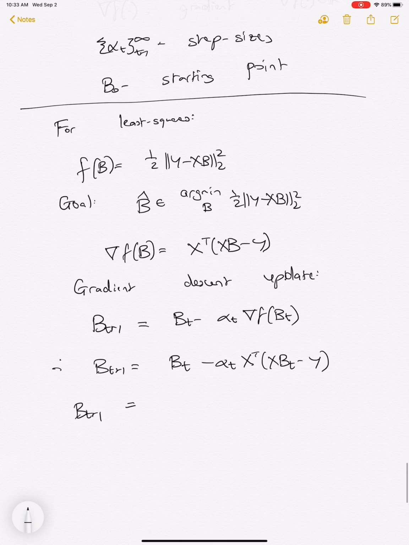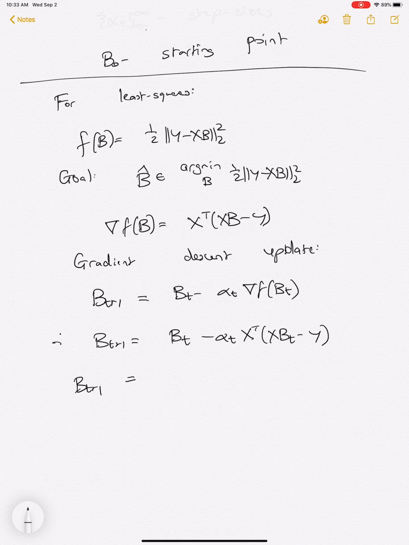Things are not going to be quite as nice in other cases, and the reason why it's nice is because the gradient's linear. So you can actually write this out as a